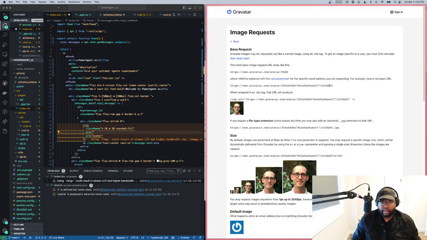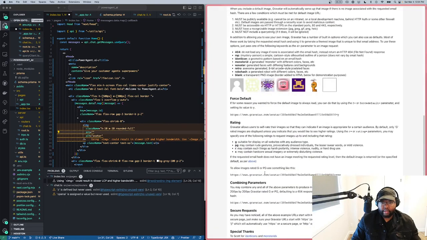Image requests, yeah. So here you give a hash, and you can give it this stuff. I like these robot ones. So if I copy the image address, put it here,